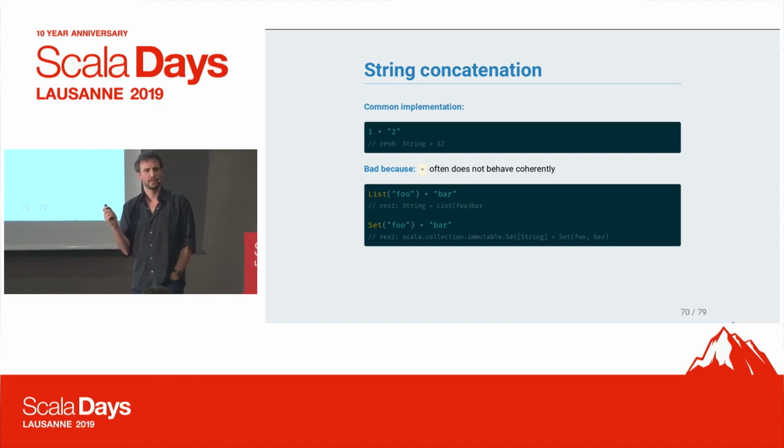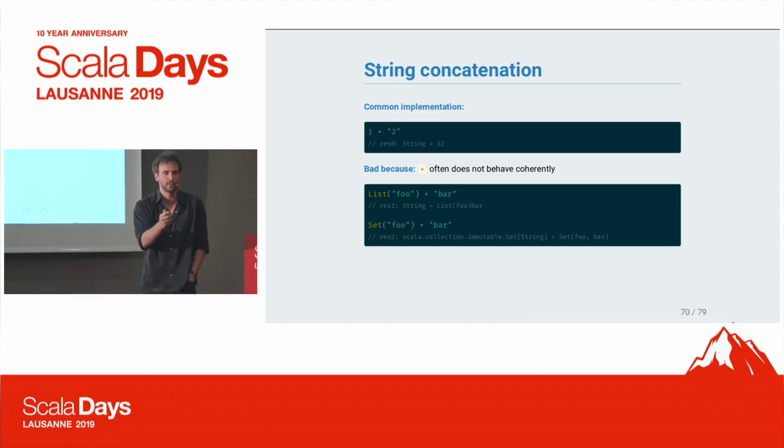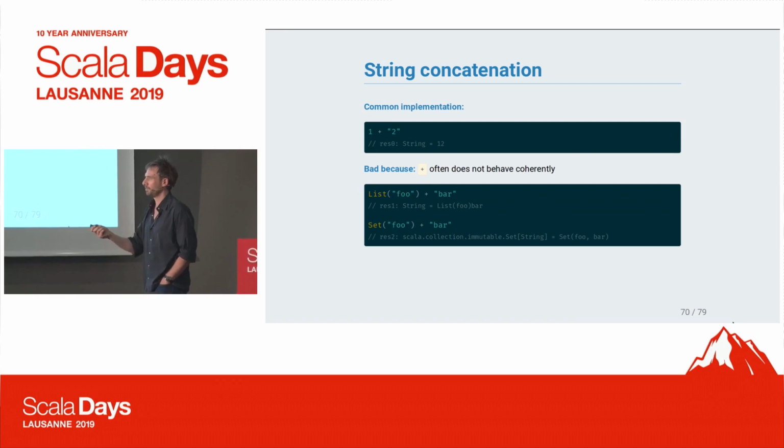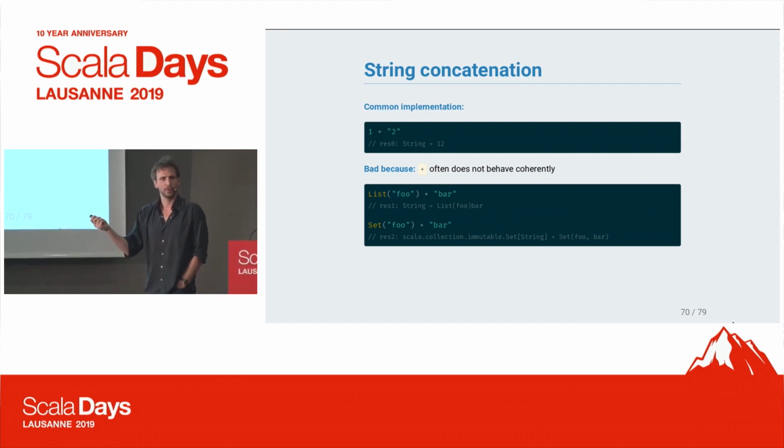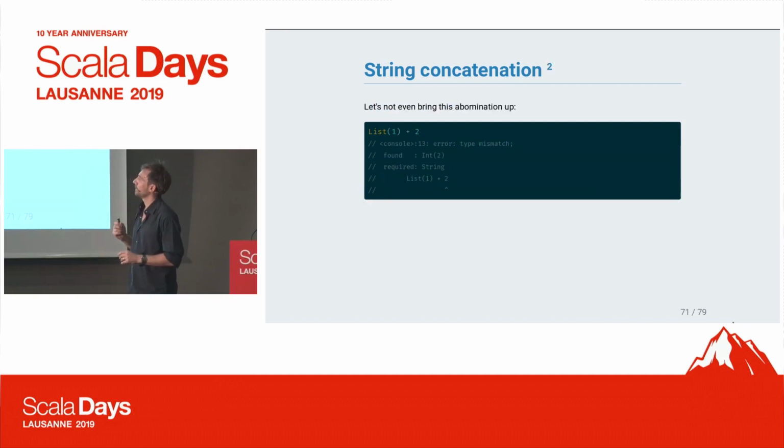So this is weird. When you know what happens underneath, you understand it, and you go, ha, of course, what was I thinking? But when you try to explain that to somebody who's learning the language, of course it behaves that way. Can you not work out why? The person is going to look at you like you're nuts, and he's going to go away and never do Scala anymore. And I'm not even talking about this absolute nightmare, where you add 2 to a list of ints,